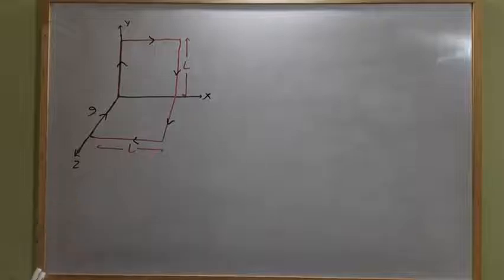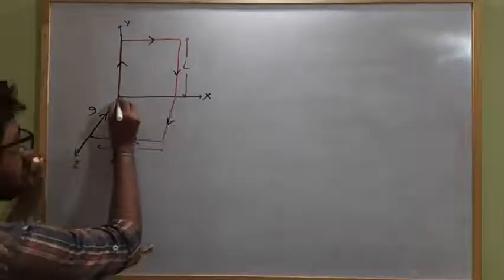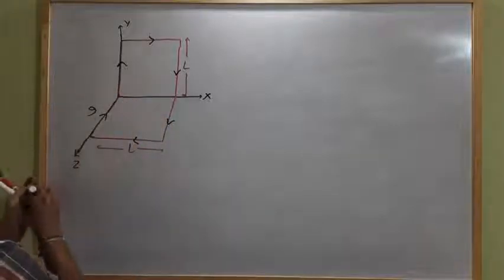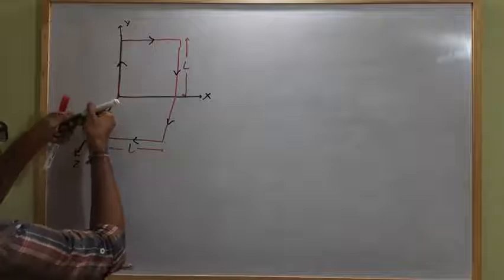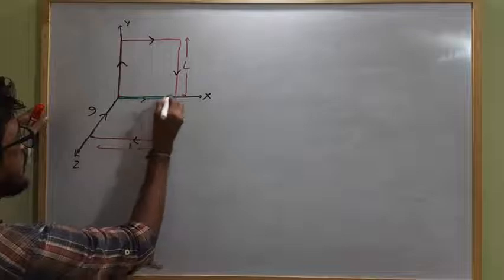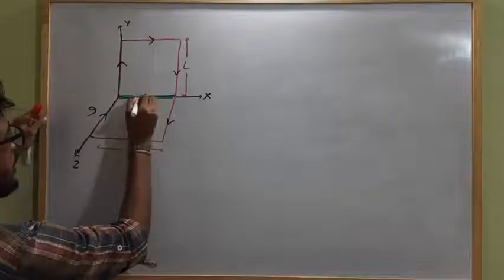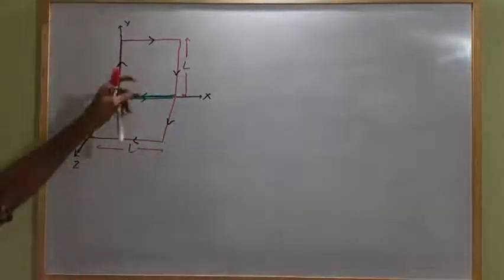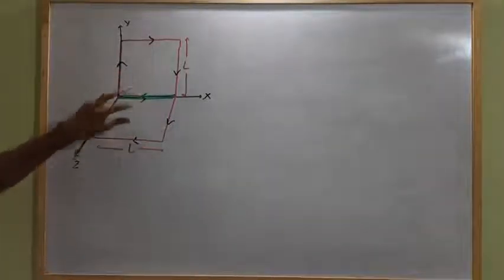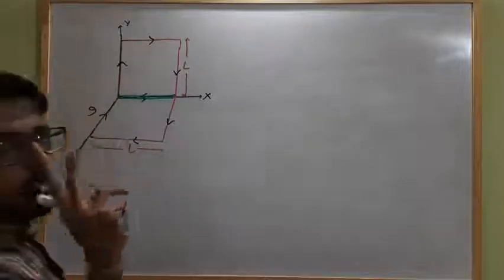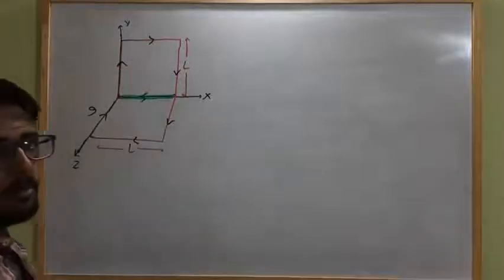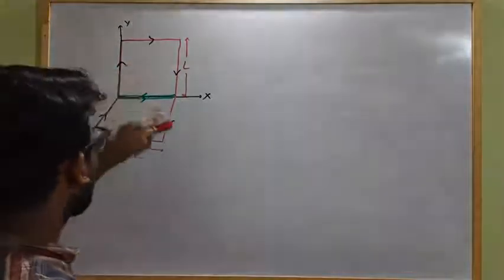Just look here. There is a segment where no current is flowing through the coil. So we have to assume that at this segment there are two branches which carry current in opposite directions. One segment which carries current like this and another segment which carries current like this. So when there is a segment which carries no current, then at that place you have to assume two conductors which carry current in opposite directions. So now it will be easy to find the dipole moment for this loop and this loop.